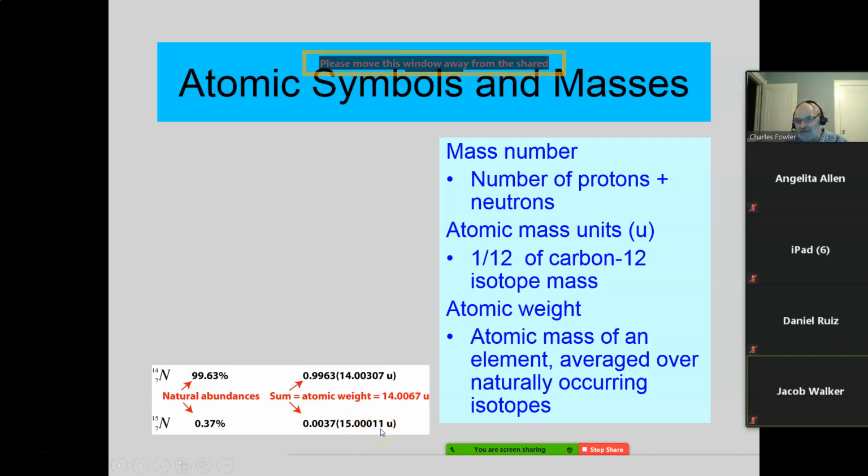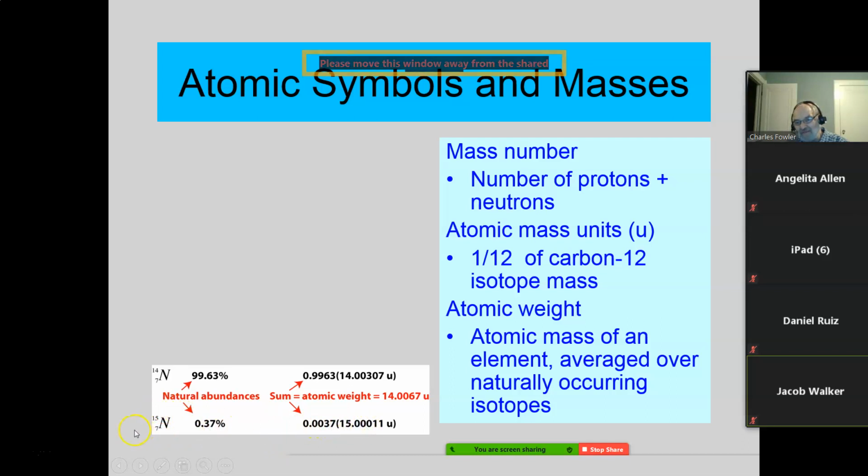So there's other things involved here too with why these don't come out exactly 14 and 15, but they're awfully close to that. Okay, and since the percentage is 99.63, write that as a decimal, 0.9963, multiply it by the atomic mass of that abundance,